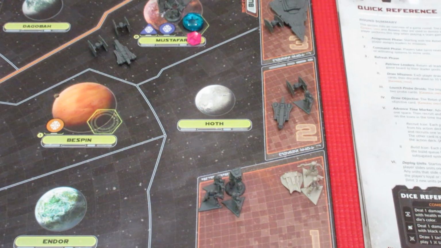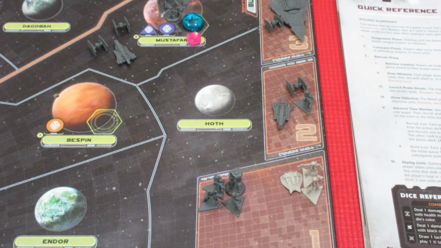So that's our queue. So the very final stage, I guess you might be able to kind of read, is deploy the units. So starting with the rebel player, everything slides down one space, and any units that fall off the one space get deployed onto the board. You can deploy 2 units maximum per location that you own. Units can be deployed into players' loyal or subjugated systems, or the rebel base. So let's go ahead and see what...